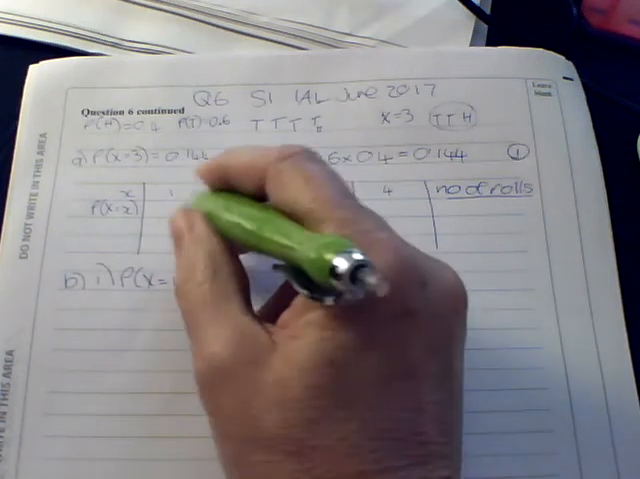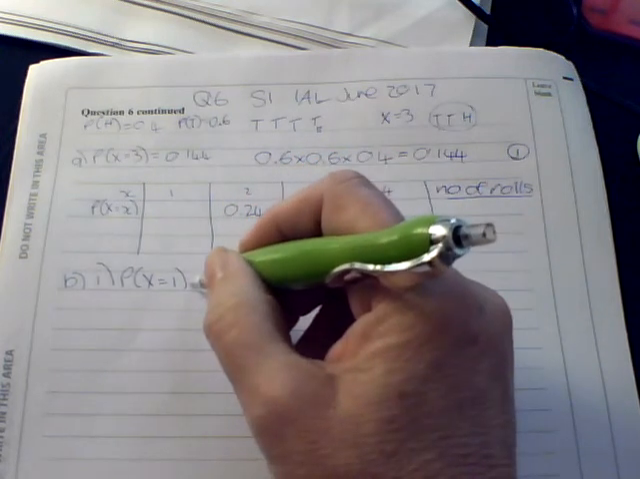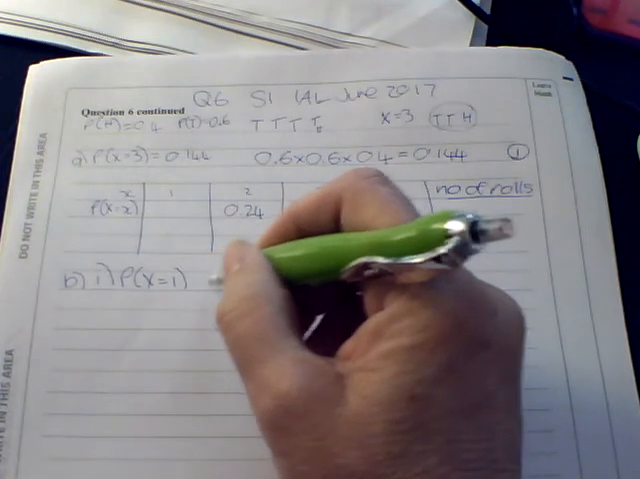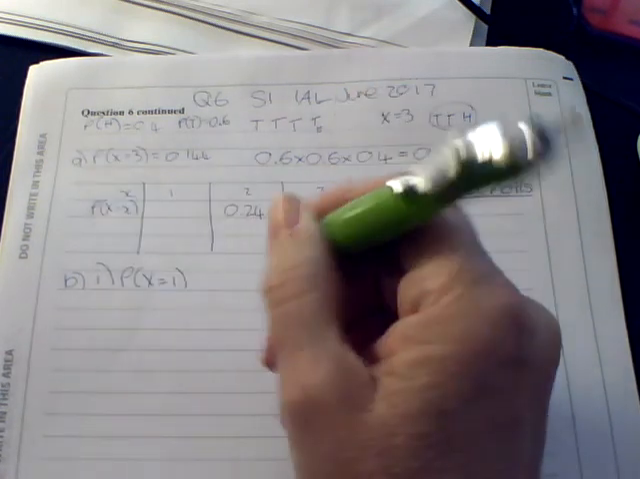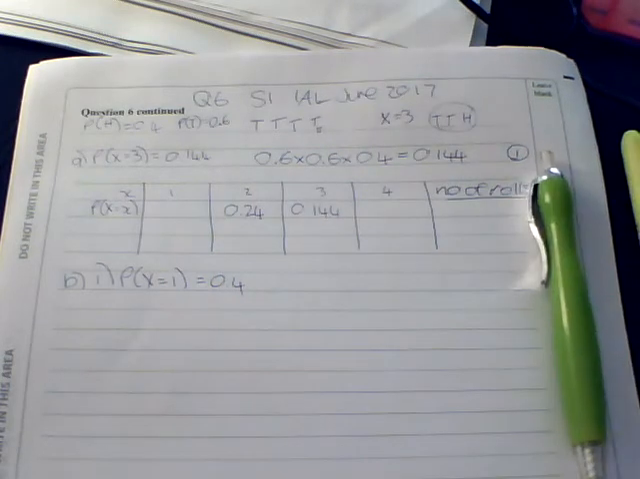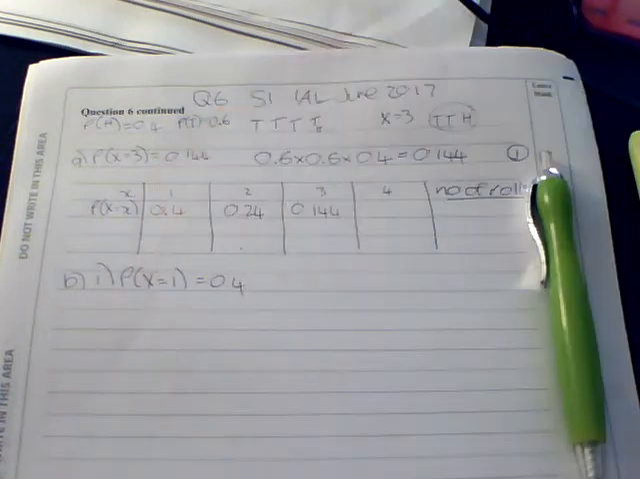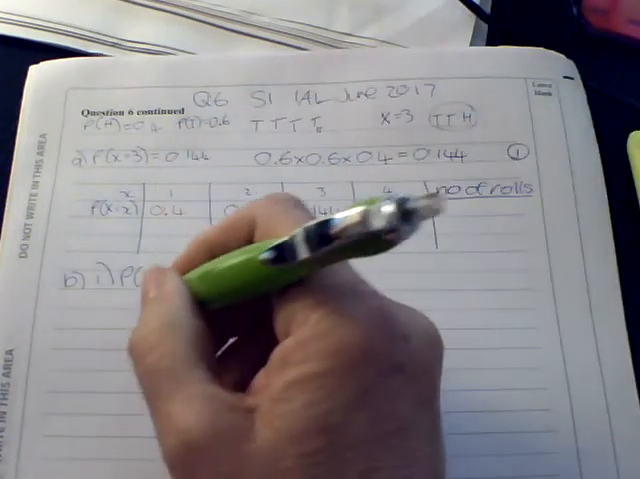So that's the probability that we just toss the coin one time. Well, if we toss it one time, it had to have been a head, because then we stop. So that's obviously going to be 0.4. And I'm going to go straight to my table and put in 0.4 here. Okay. And then part 2,